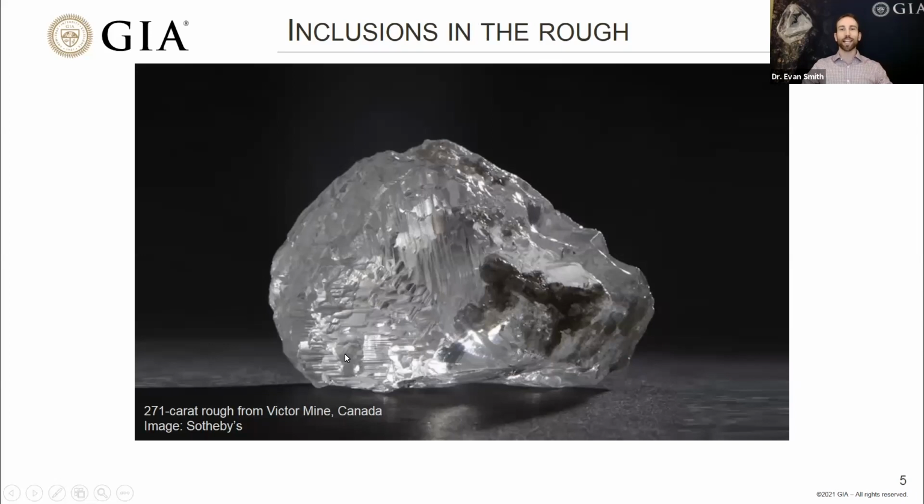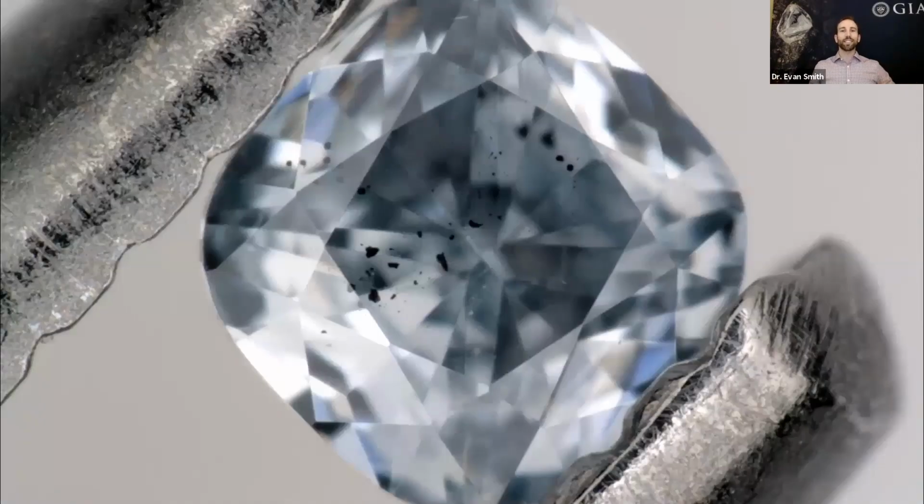So this is that diamond. It's from Canada. And you can see these black ragged things trapped inside the diamond. And most of what we can see here, this black material, is probably graphite. Graphite, that makes sense. Graphite is made of carbon. The diamond is made of carbon. This is one of the most common things we see trapped inside diamonds. So here's another diamond. This is a fancy blue diamond, and it's got all these black inclusions trapped inside it.